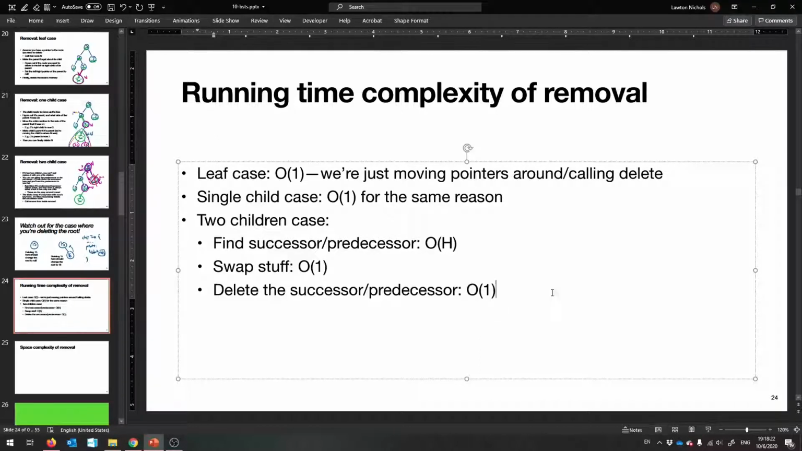So for the 2 children case, you just add all these together. So total, h plus 2-ish or so, O of h. Okay, for the 2 children case. So the worst case, it's the 2 children case. So in the worst case, it's O of h. But also, the way that I'm going to ask you to implement it in your lab, it's actually always going to be O of h, because